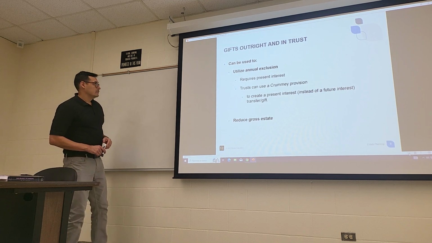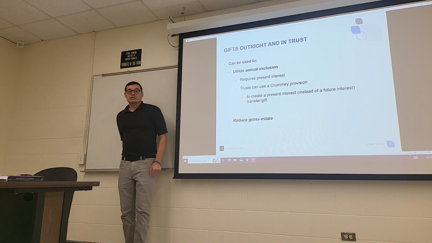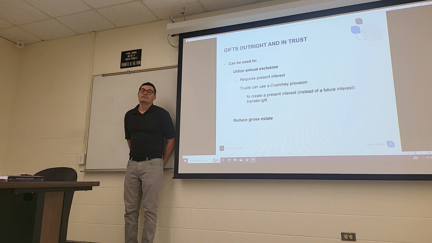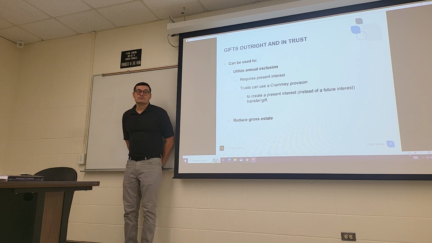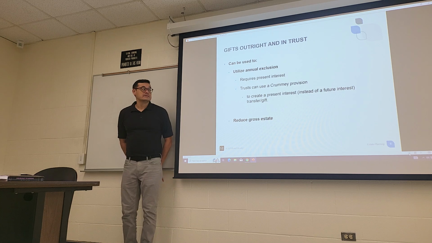Now, this is going to be the trick. I'm giving you a little cheat sheet. You should be figuring this out. But when it comes to your case study, you're trying to figure out how to transfer assets, particularly the business, through a family limited partnership. There's going to be a strategy to this. Your book has some good examples of how this is done.